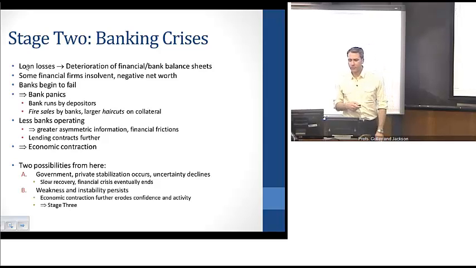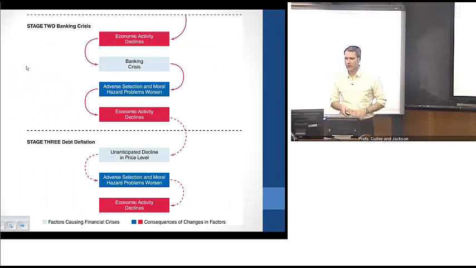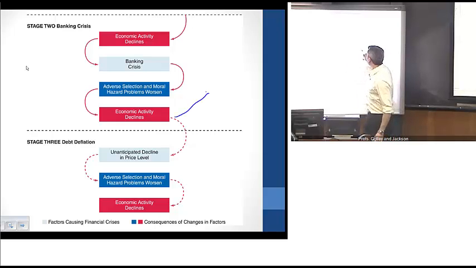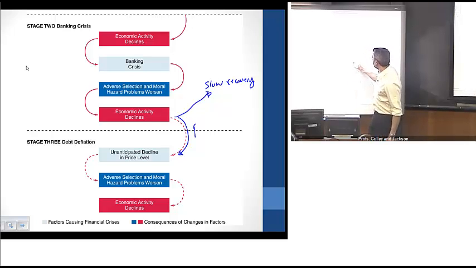An alternative path would be that you have weakness and instability persisting. And the basic idea is that this leads us into the third stage, in which this weakness erodes confidence in the economy. It provides a downward draft on prices, and that provides this debt deflation stage that we'll look at here. So as I said, we're at this fork in the road where, out of stage 2, we can either have a really slow recovery, or if things are really bad, then prices continue to fall, and that leads us into this debt deflation